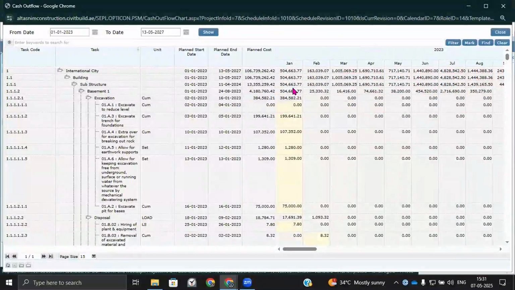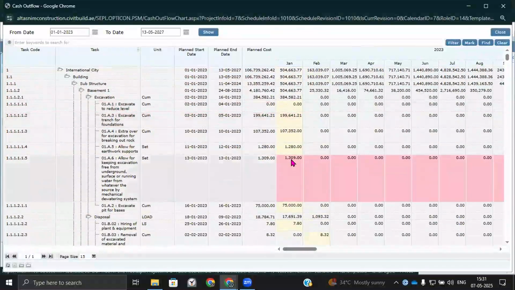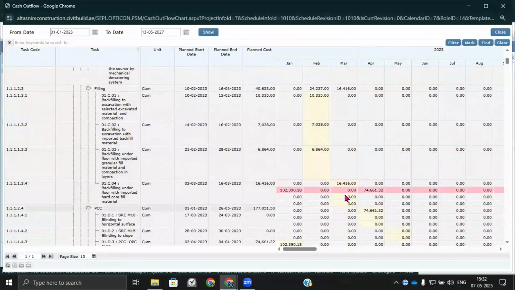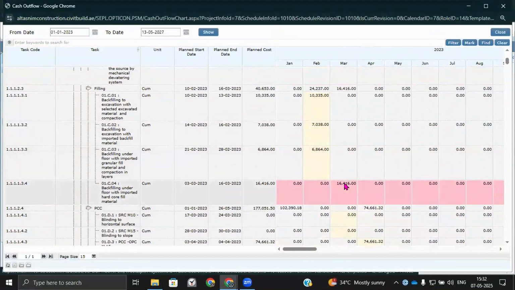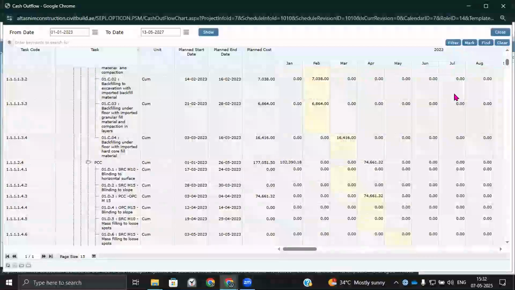So in the months of January, February and March, as per the planning, how my cash is going to flow based on my WBS will be clearly visible. With the help of that, management or the project execution team can ensure enough cash in hand for smooth execution of the project without any hindrance.